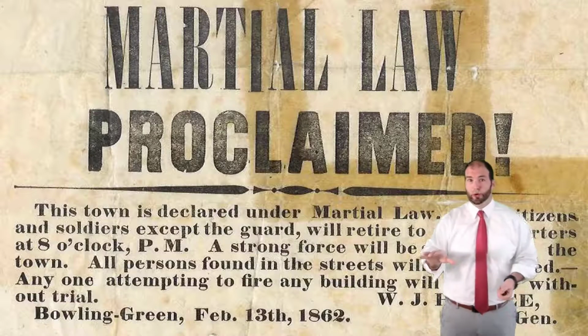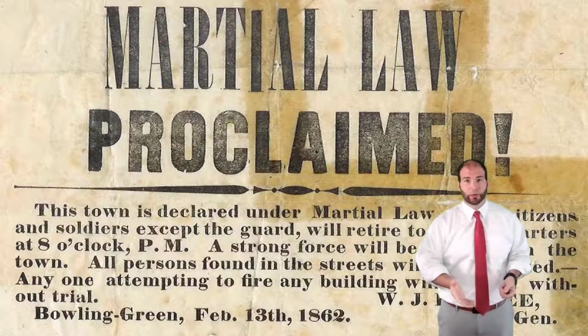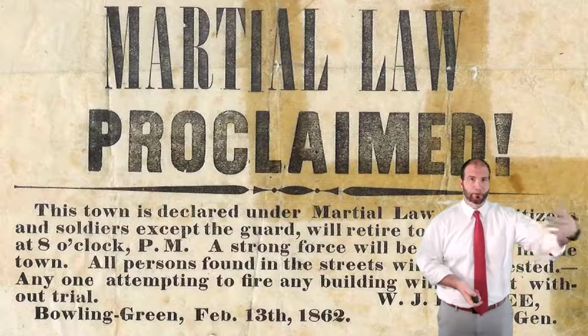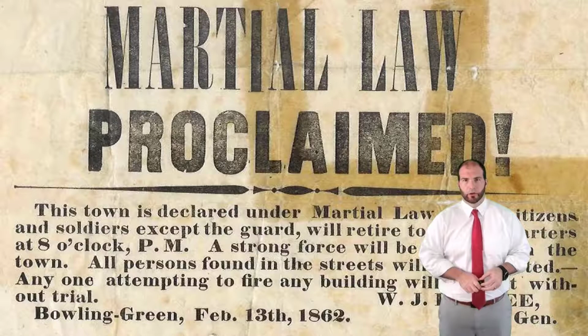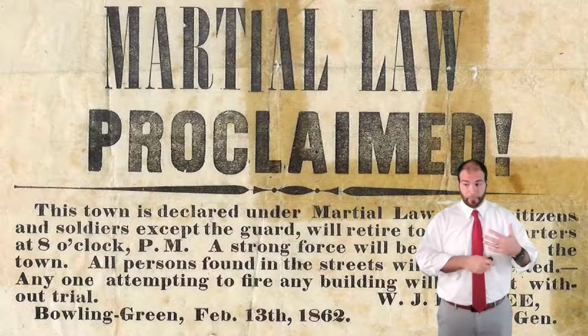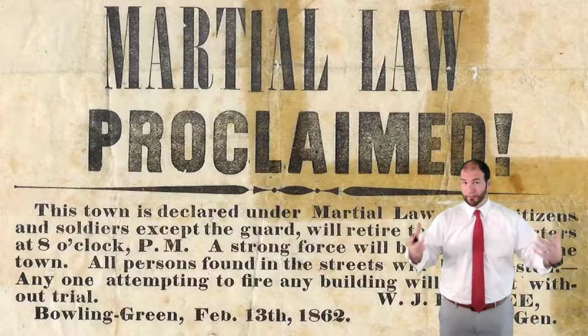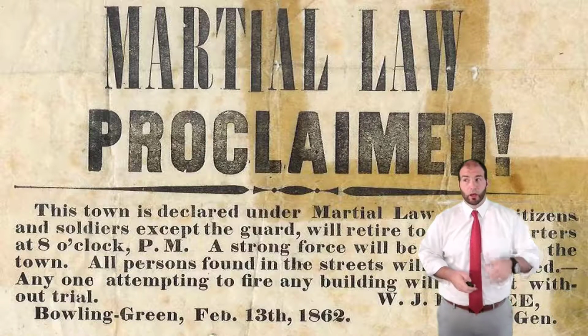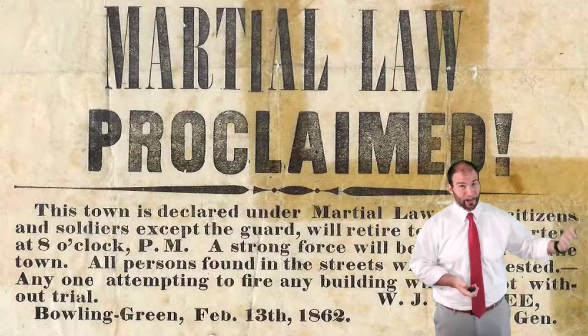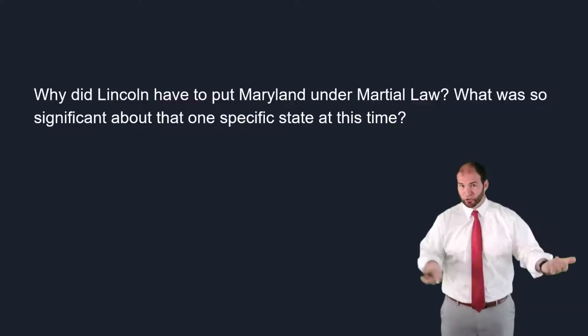So Maryland gets put under martial law and gets put on complete military lockdown during the Civil War, so that this slave state doesn't have the option of leaving during the Civil War. And again, when you take away everybody's rights, and put the military in and keep people from having meetings and having any type of local government, you lose a lot of support. So Lincoln, from the time he takes over, is not a very popular president at the start of his time